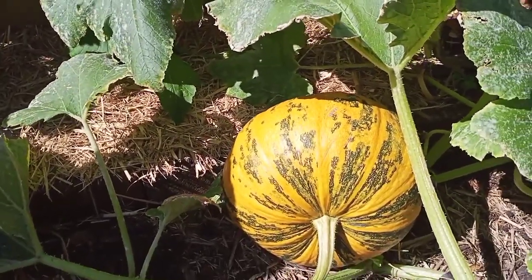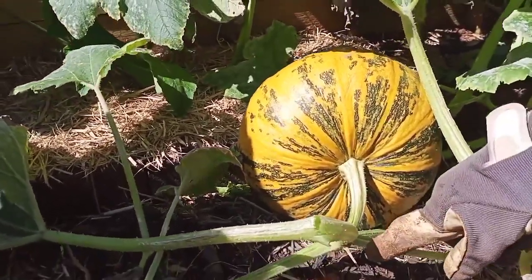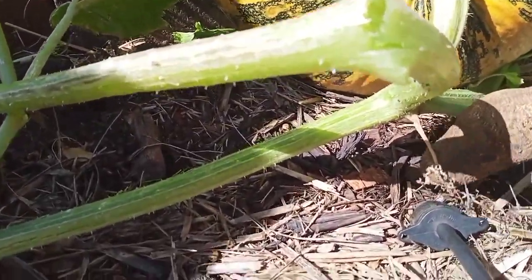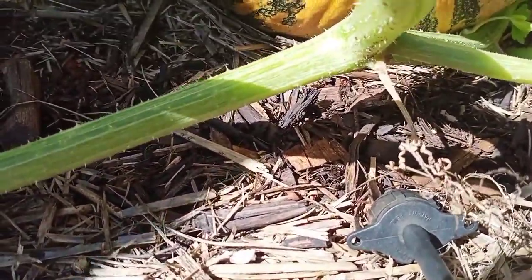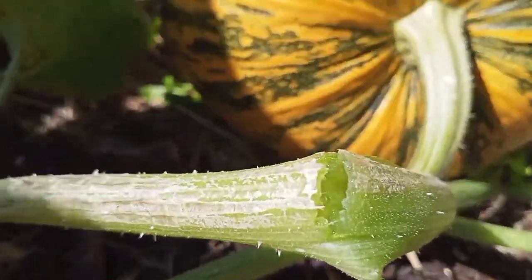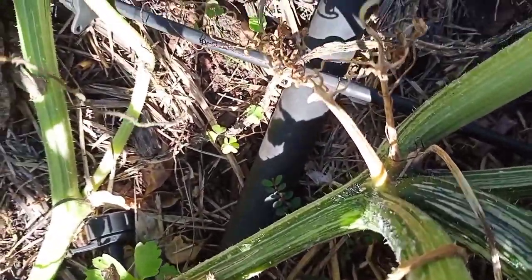But how do you tell when they're ready to pick? Well, you have to look for some clues. So, basically, we start to pick them once this little tendril has died off. And you can see that's brown, and so we've decided that this pumpkin's ready to pick. Here's another one over here that has the same thing, the little brown tendril,